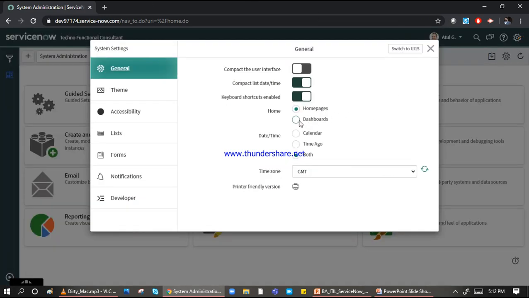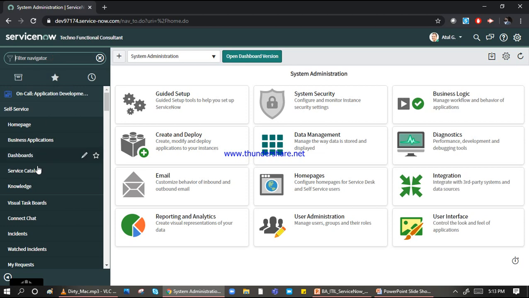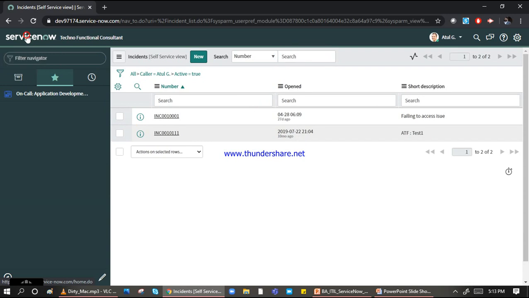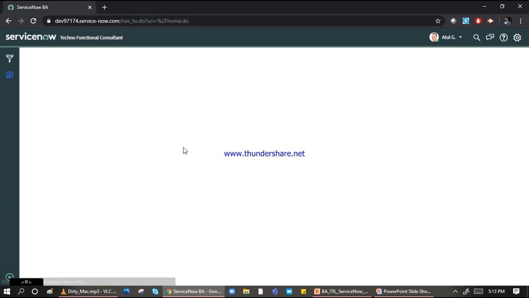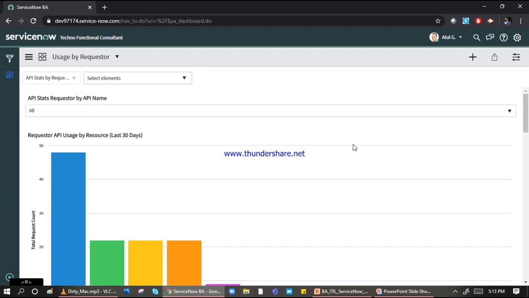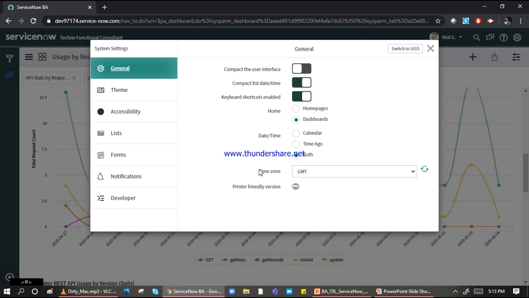Now I go here. If I click on the dashboard and click on the cross, and now I go back here and let me search something like incidents. And now I click on this particular option. So now you can see that it is taking me to the dashboard. So it's building a dashboard here. It takes a little time to be updated because the dashboard requires the data from the backend. So now you can see the dashboards are available for me as per my requirement. So this is the option. These are the options available in this particular journal tab.